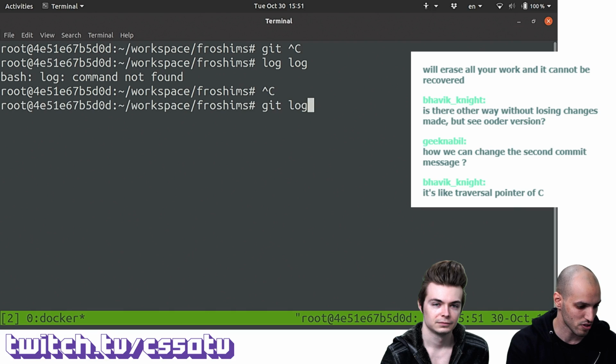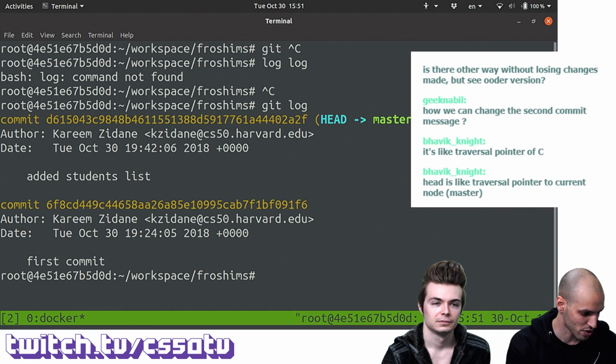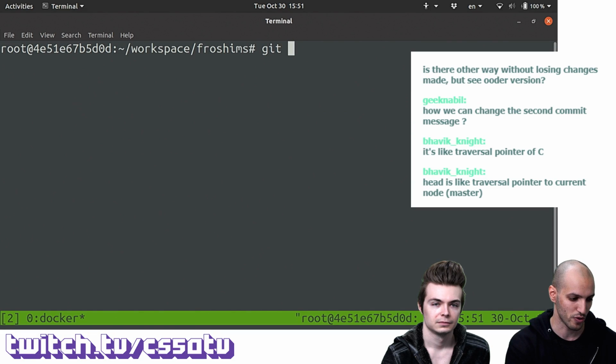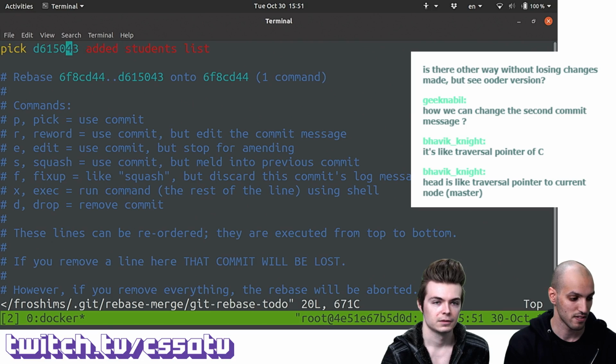I think we need to rebase on the first commit, whose SHA starts with 6f8cd. So git rebase -i 6f8cd. Okay, and in this case, it shows us only the commit after this.